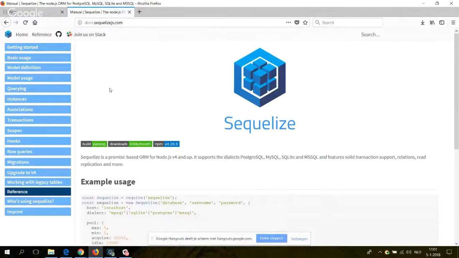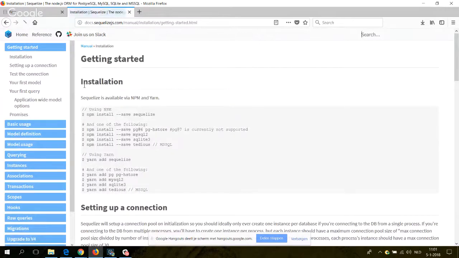Documentation. And what I want to clear out is how to navigate through this. Well, we're getting started, so nothing really mind-blowing over here. We are using npm, so we're installing Sequelize like any other module. npm install Sequelize,